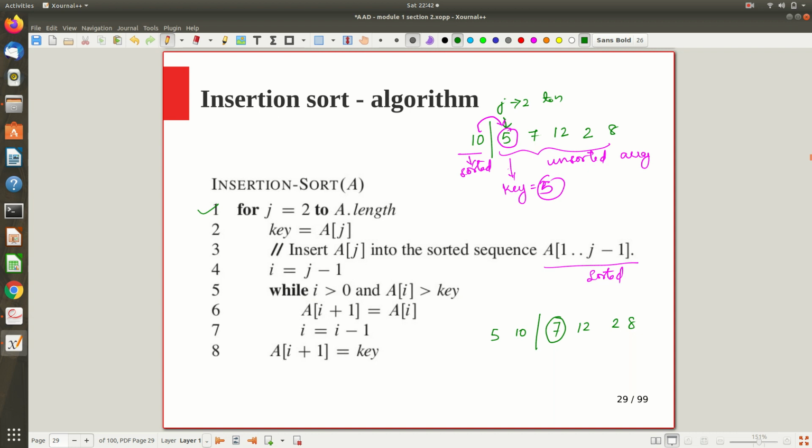Okay, so this single element is difficult to explain, that's why I go on to one more iteration. Now in the second iteration, j will be 3, and the key value you will copy is 7, a of 3. Now, in the sorted array, we are using